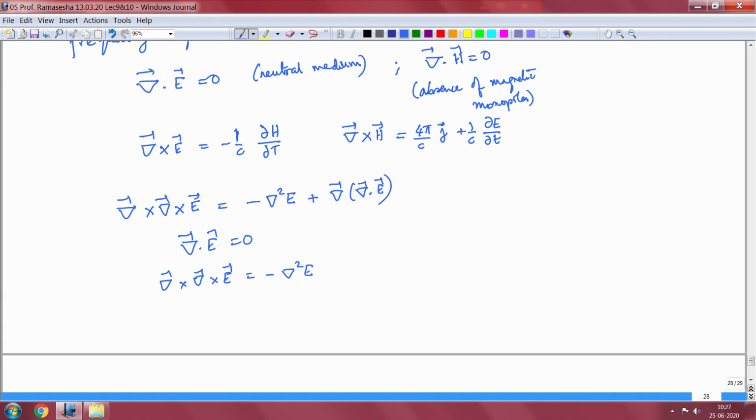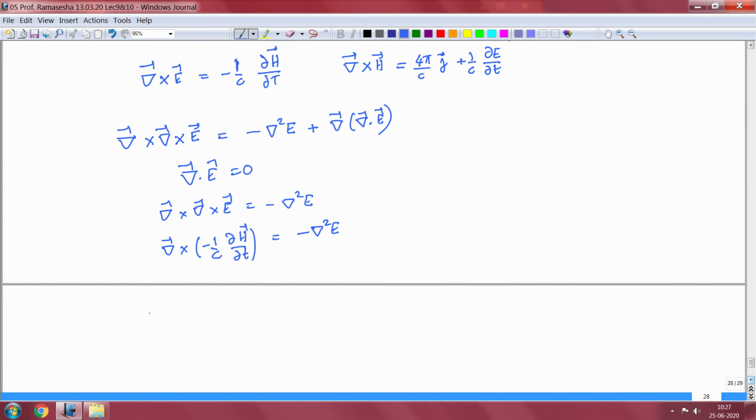and I can also use the third Maxwell's equation, which is Faraday's law, by saying that it is del cross of minus 1 by C del H by del T is equal to minus del squared E. Or I can write minus del squared E is equal to minus 1 by C del by del T del cross H,